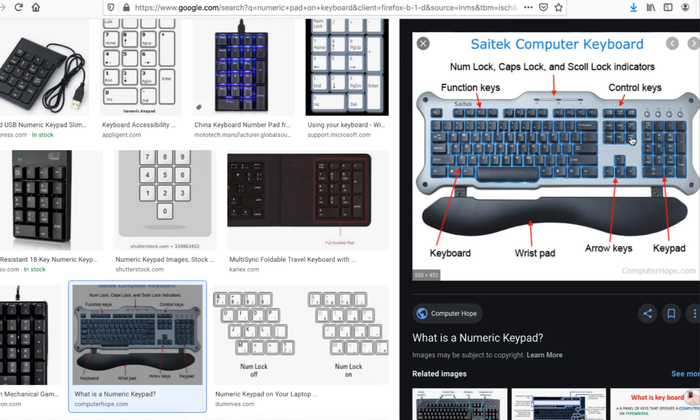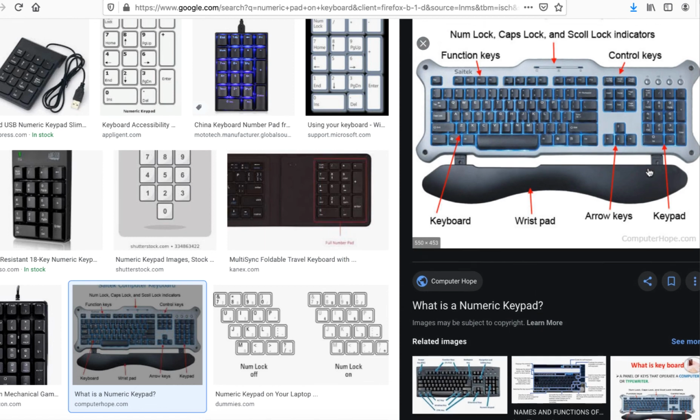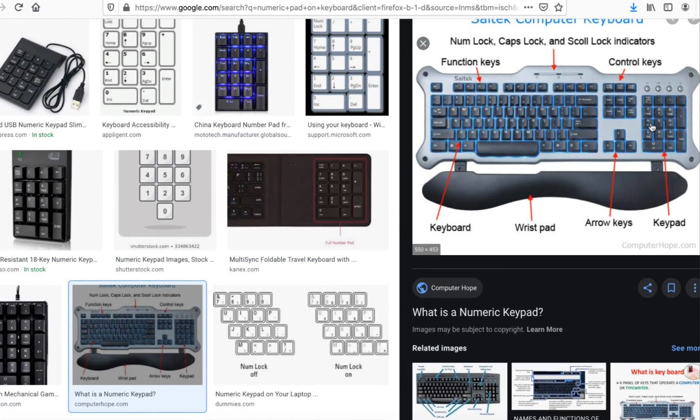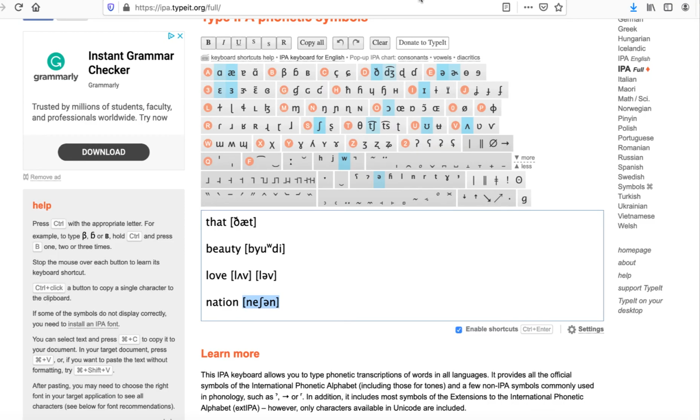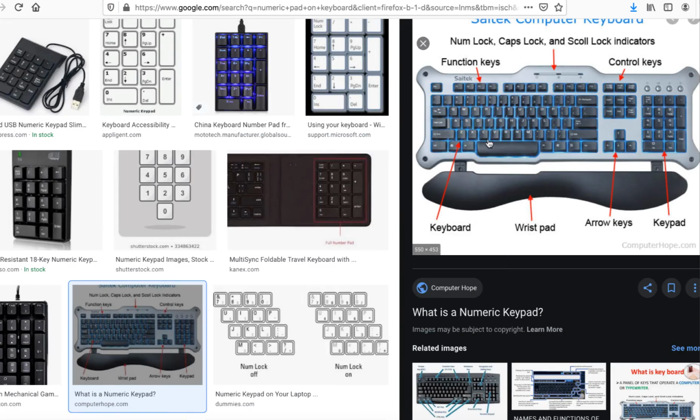But if you have a keypad where you've got the numbers to the side here, then you are able to have a list of numbers that will produce the symbols that we're talking about. And if that's the case, I'll give you a website where you can just know what numbers to punch in, and it will give you the symbol that we need. Now, for me particularly, I don't, because I work off a laptop, so I don't have a numeric keypad to my right, so I just use the site that we have here. But for those of you who are using keypads that do,